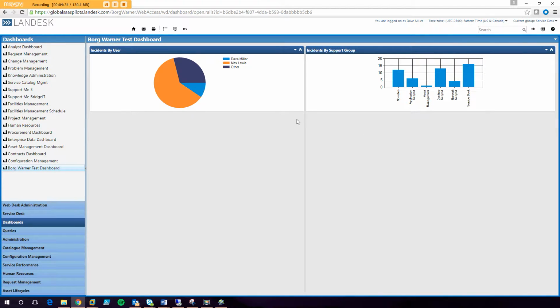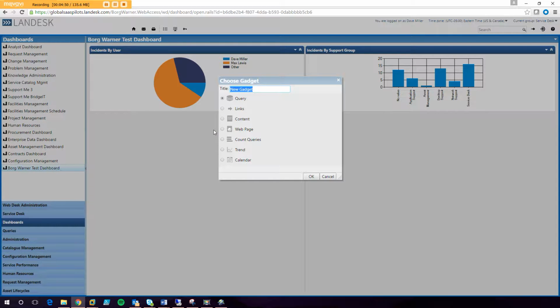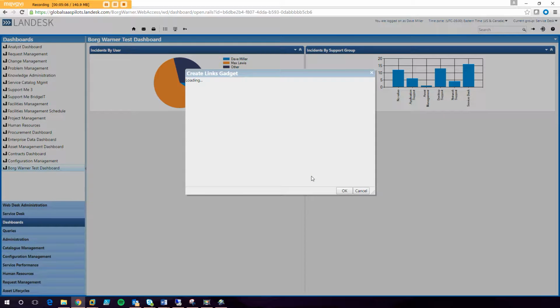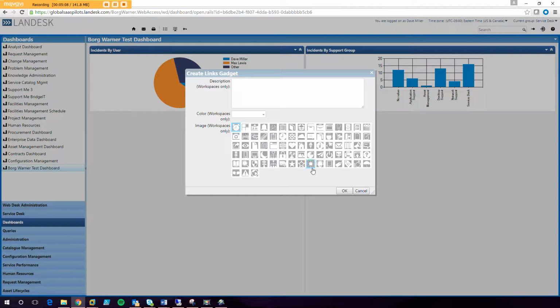So now we kind of had the beginnings of a decent incident management dashboard. So what I may want to do now is, below incidents by user, show something that just shows links to various tickets. So what I can do is I'll come over here and I'll say incident, and what that will let me do is create